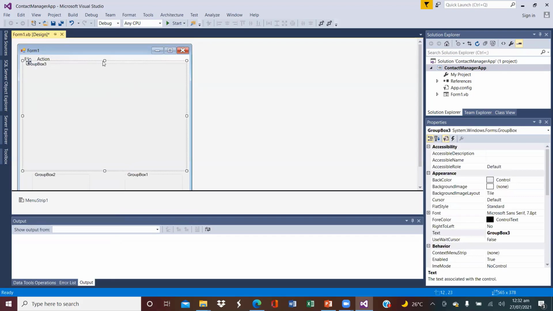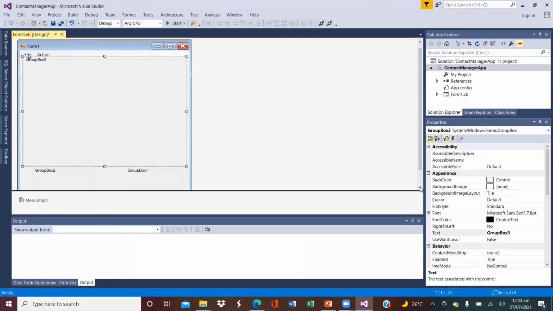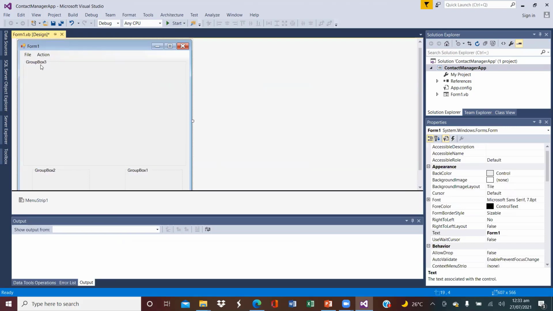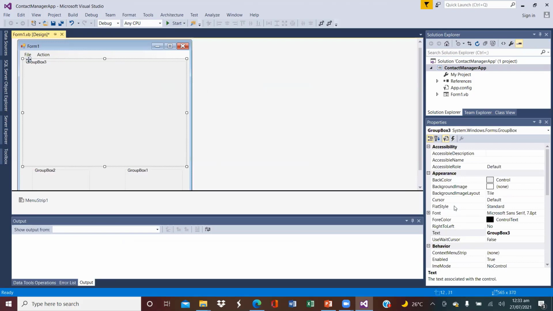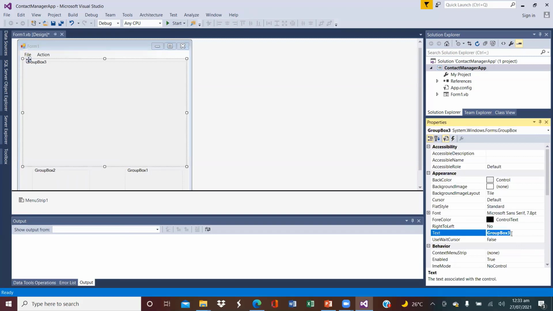Okay, so we just add these 2. So you can see as soon as we add, then we need to shift this group box here down a little bit, just so that it shouldn't be too cramped at the side. So we start by changing the text property of this. So we have contact information,